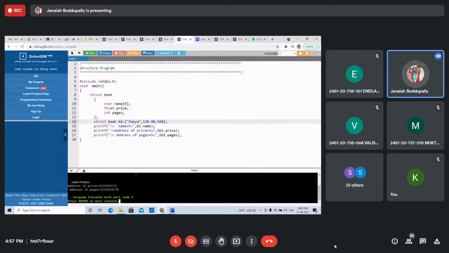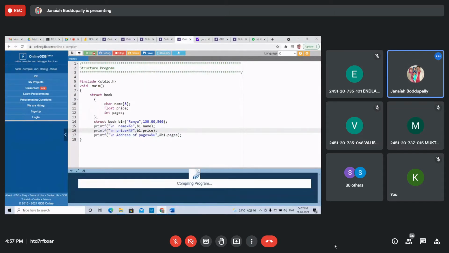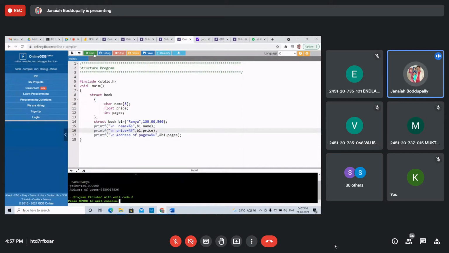You want to display only the price, not the address of that price variable. Remove that ampersand of address. Price is a float value, so remove this address. That's 130.00.